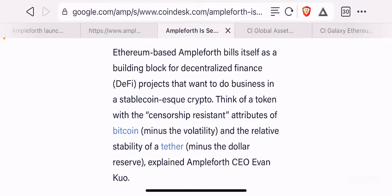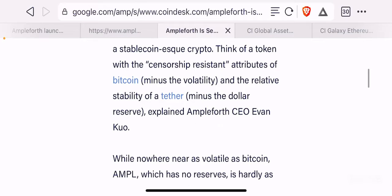Ethereum-based Ampleforth builds itself as a building block for decentralized finance, or DeFi, projects that want to do business in the stablecoin-esque crypto, right? So basically, it's advertising to be the stablecoin for the DeFi ecosystem. Think of a token with the censorship-resistant attributes of Bitcoin and the relative stability of Tether, explained Ampleforth CEO